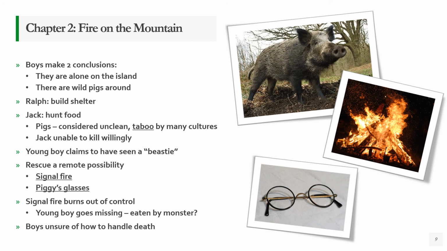Okay? So, lot to unpack, okay, for these first couple of chapters, okay? But this gives you a general understanding of what this story is going to be like, what to expect from the characters and the setting. A lot of questions remain unanswered, okay? But now we know what the first two chapter titles mean. Sound of the Shell refers to the conch. Chapter 2, Fire on the Mountain, is the signal fire, okay?